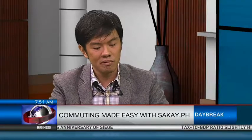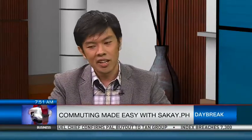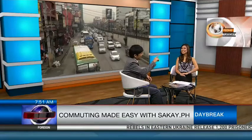And whenever you do a search, it gives you several options. Like one option, you just need to take this Jeep and then transfer to another Jeep. For another one, it will cost about this much in total. Another one is maybe you just have to take the train and then transfer to a bus, then it would cost this much. If the train doesn't break down. Yeah, so at least you have the option of...